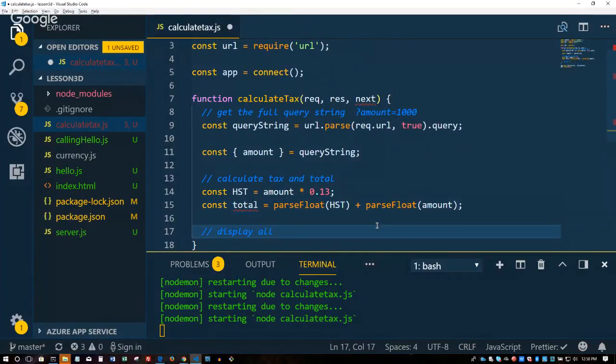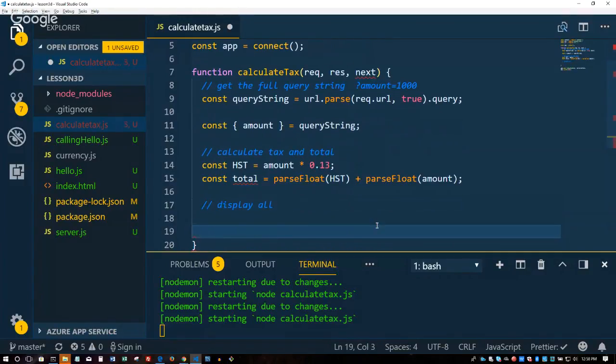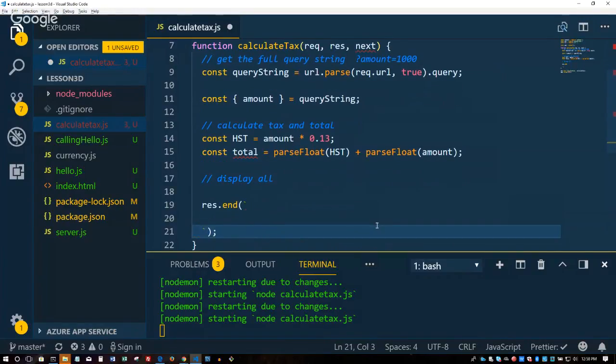Next, we're going to just display the information. We'll say res.end. I'm going to use backticks to use the ES6 template literal way because I'm going to use some variables in between. Again, the backtick is the top left character on the keyboard. So I'm just going to say H1 tax calculator.